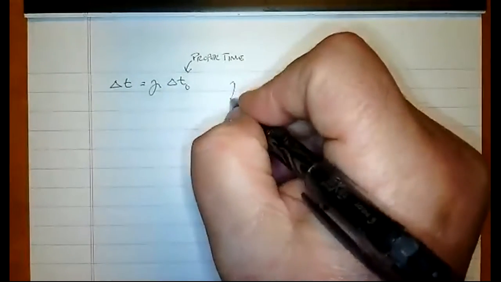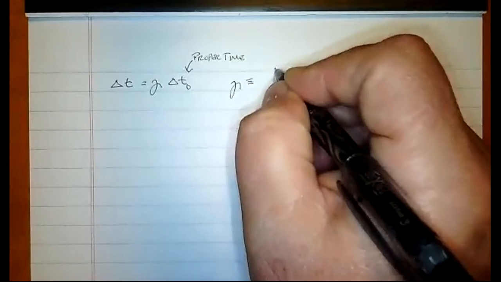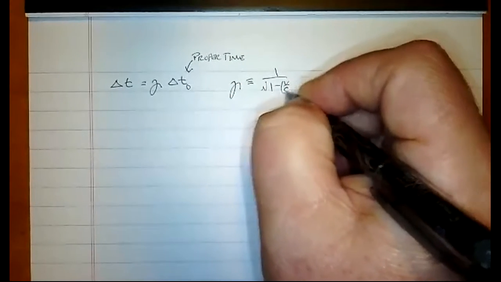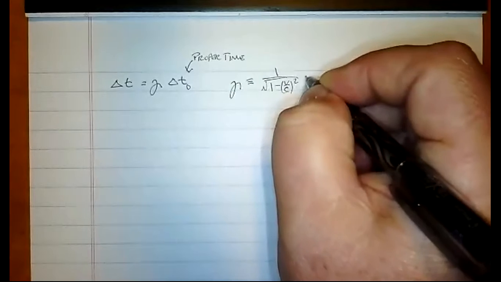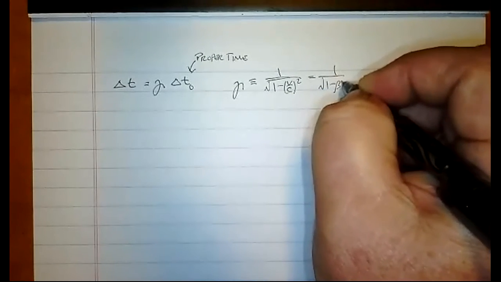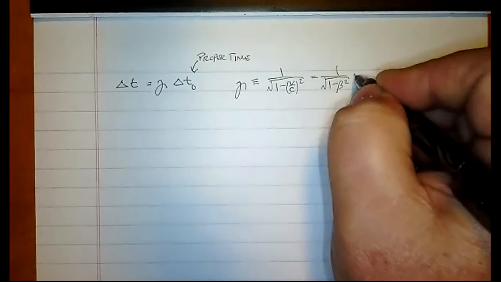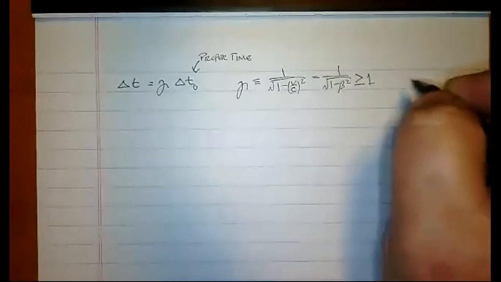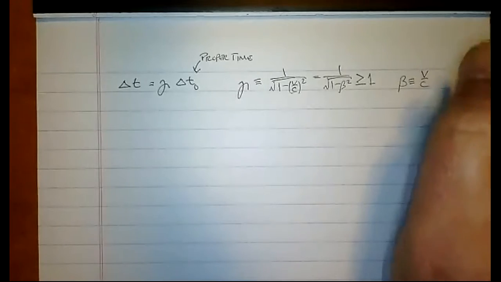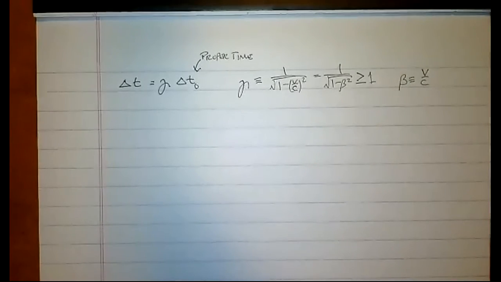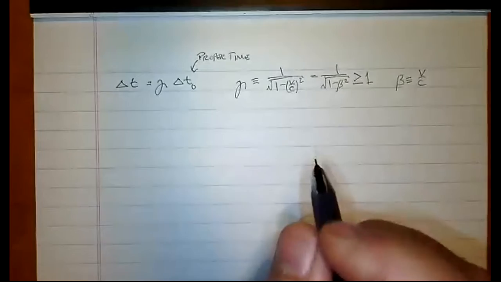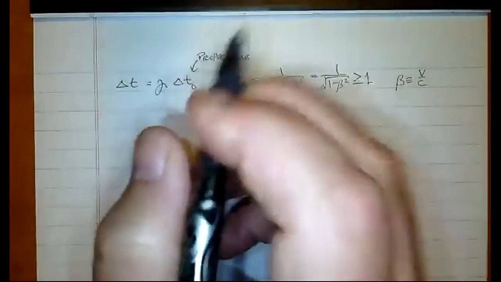And we found that gamma was defined to be 1 over the square root of 1 minus v over c squared, which is also 1 over the square root of 1 minus beta squared. But you can see this is always greater than or equal to 1. And we also know that beta is defined to be v over c. So I suggested one of the things you should do, since we know gamma is going to be greater than 1, is find out what values of beta